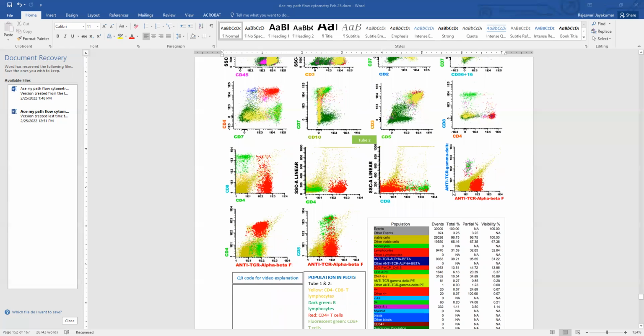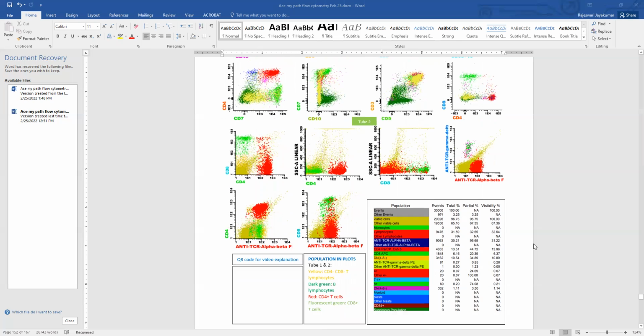Now, if we go to alpha beta and gamma delta, again, these cells are hiding behind this red population, so it's not very obvious here, but you can see that these are not seen in the gamma delta area. So they are negative for gamma delta, so they have to be alpha beta. But here in CD4 versus TCR alpha beta, you can see that population a little better. You can see that orange population, seen a little more easily when the background is green. So basically here in this case, you have a population that is negative for 4 and 8,